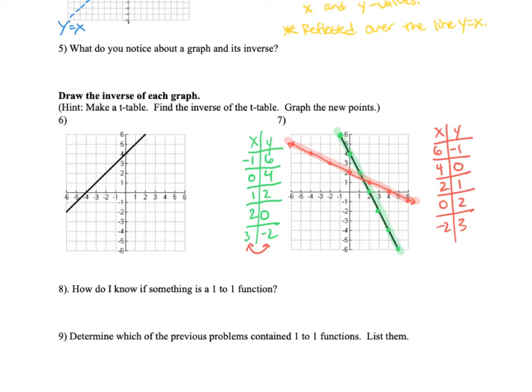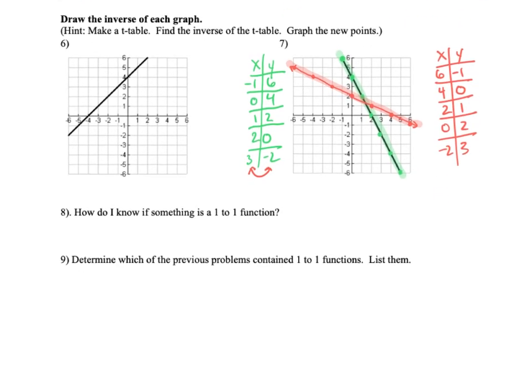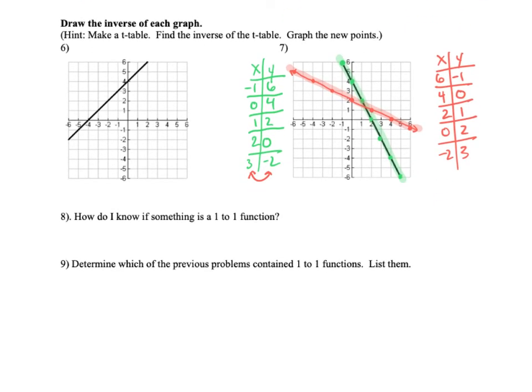Now, the question is, when we're graphing, sometimes we'll notice things are functions, sometimes they're not. Well, our next question is, how do we know if something is a one-to-one function? So again, if you take a look at that Canvas page, you'll see some notes on one-to-one functions. But essentially, a one-to-one function, it means that the original problem